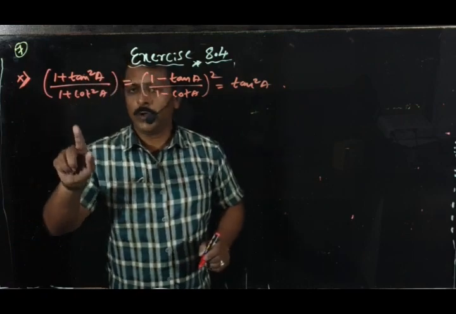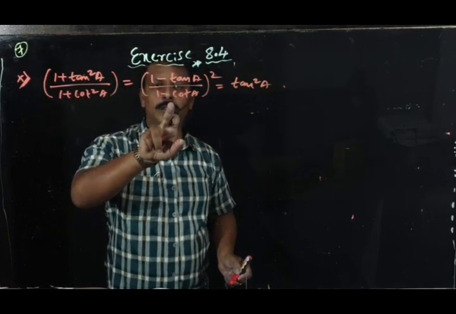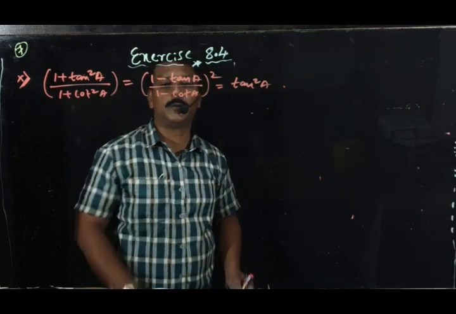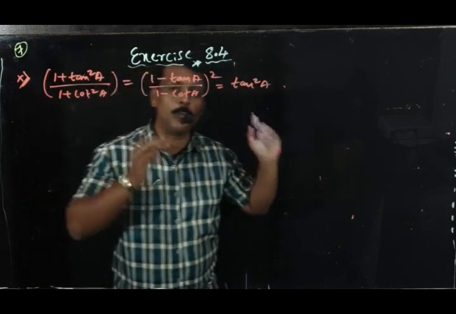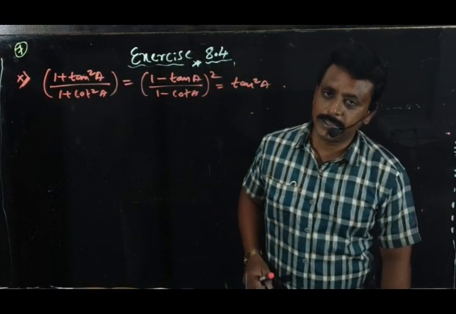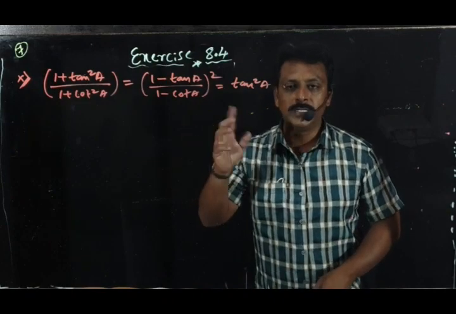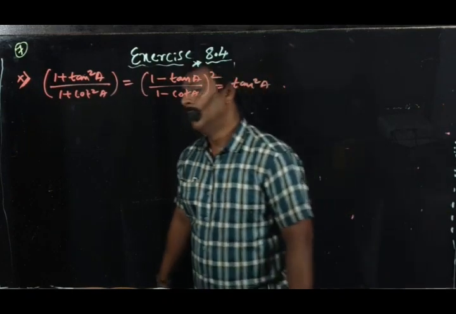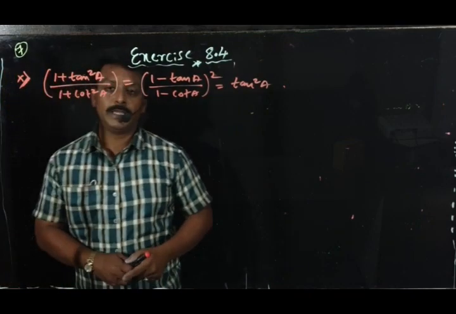First I am going to solve and prove tan square A. Next I am going to solve this and same I am going to prove as tan square A. After that I am going to apply Euclid's axiom 1. In 9th standard you studied Euclid's geometry. There he gave axiom number 1: things which are equal to the same things are equal to one another. That concept I want to apply, then we may get the proof.